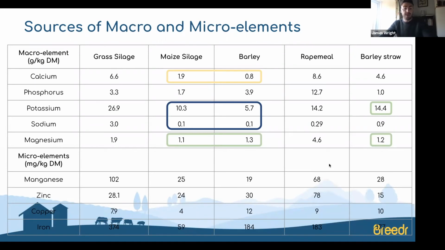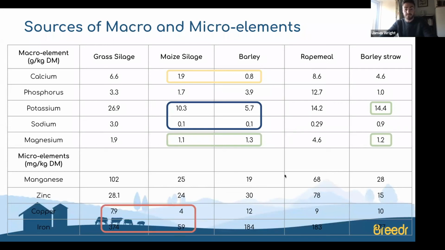Just go back. Magnesium then. So again, we know that antagonism between potassium and magnesium. Well, if we're on a barley-based diet, you know, barley straw, sorry, then the barley straw can provide quite high amounts of potassium. And if we're feeding that alongside things like maize silage and barley, that is not providing amazing amounts of magnesium, then again, we're kind of running the risk of having a hypomag